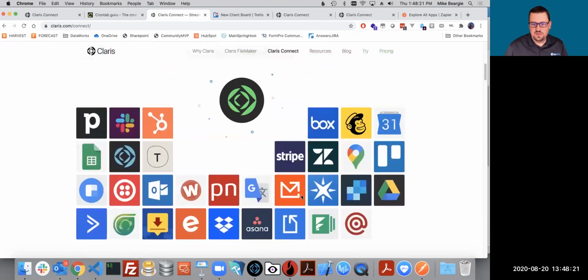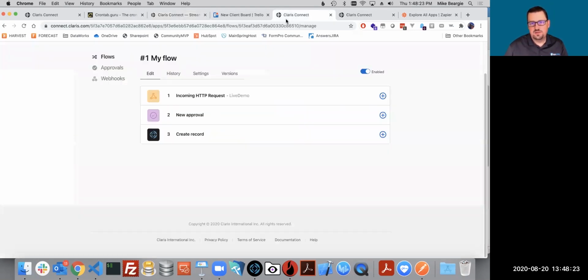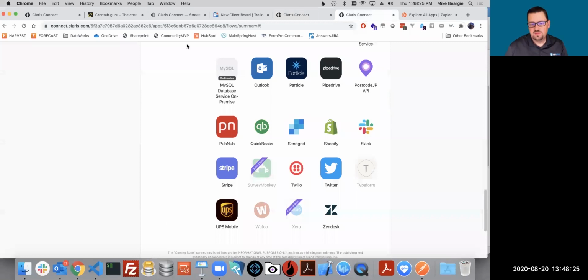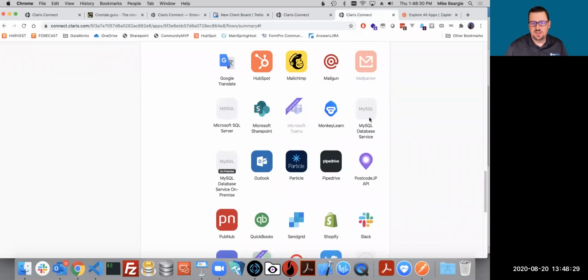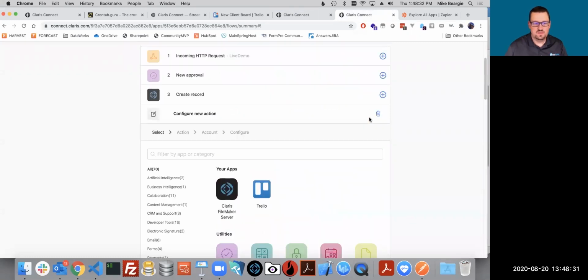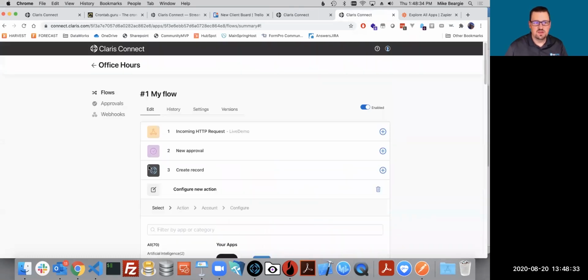So as Claris Connect continues to grow, it will add more and more value to that platform. As these continue to get added service-wise, we'll be able to do more and more with this. One note about their pricing is that Claris actually modified the pricing for it. They made it a little bit cheaper right after they first released it based on